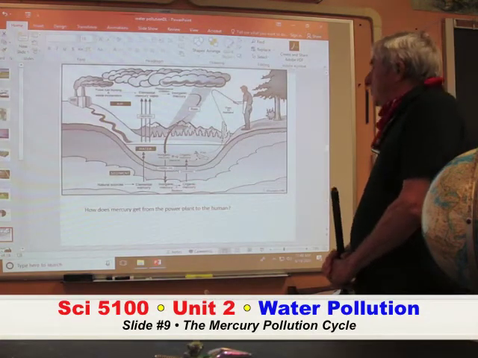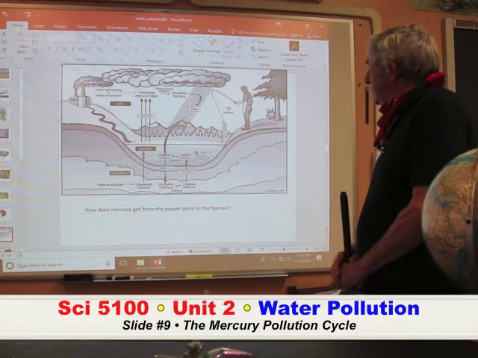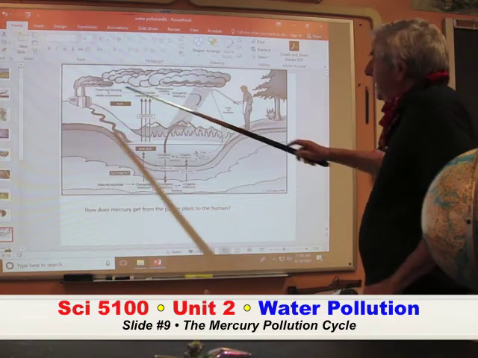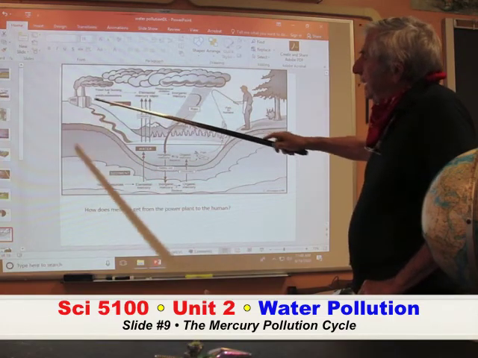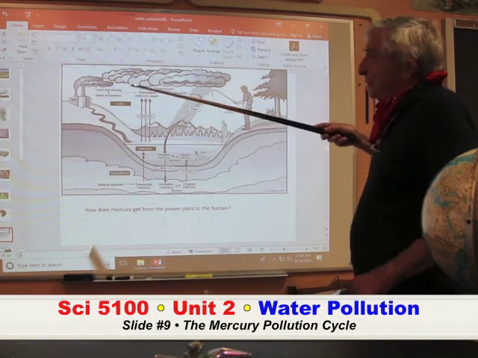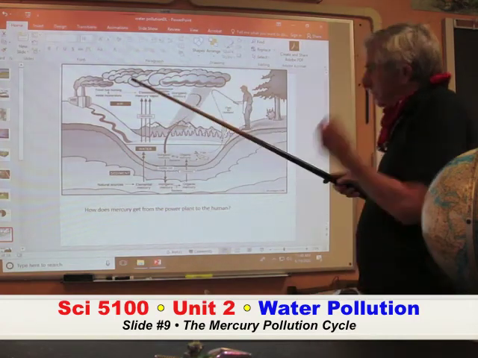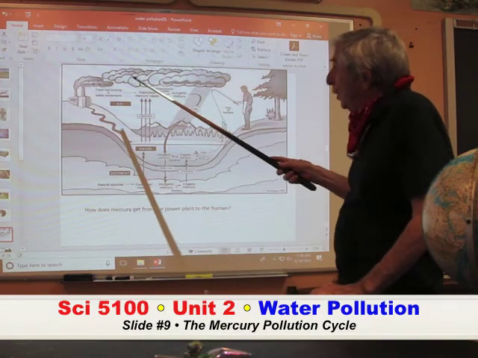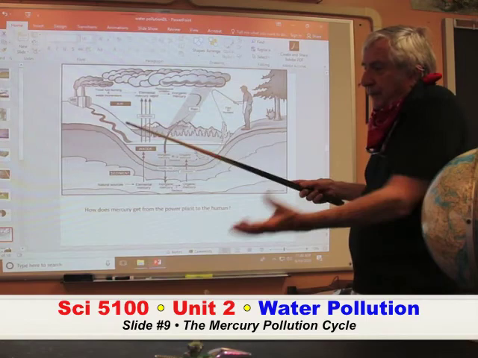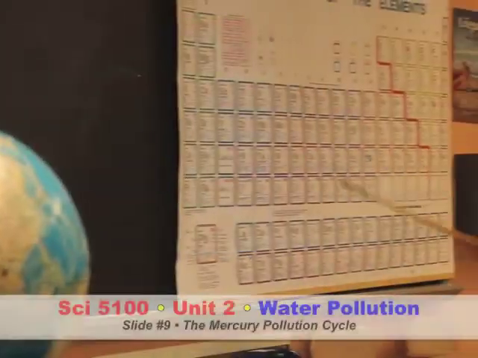Looking at pollutants, here is a scene where you can see someone fishing, and we have a couple of industrial plants here. This could be a power plant, burning a fuel. In some power plants they use coal, and they still do, although that's being reduced. The reason is that coal is a rock. It comes out of the ground, so it contains all these 92 elements that we have in the periodic table. And it's also toxic